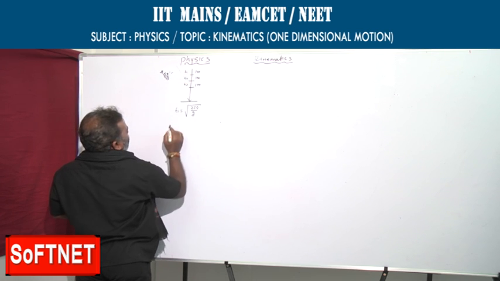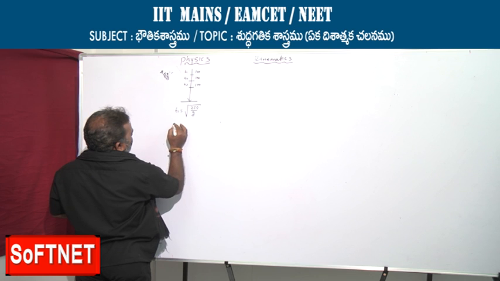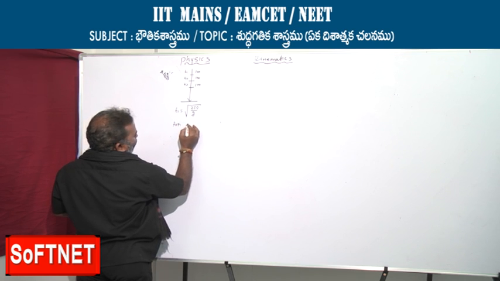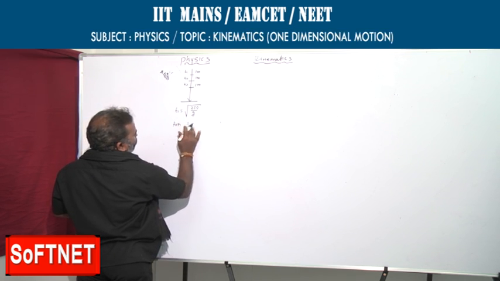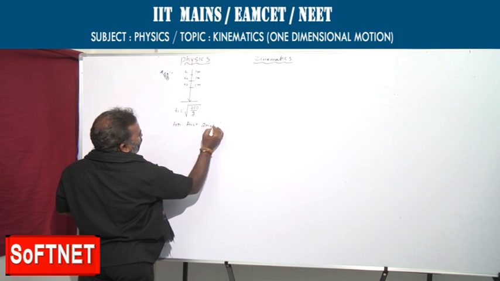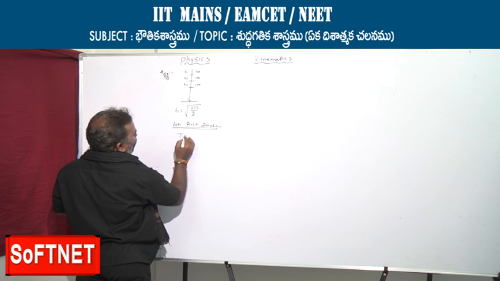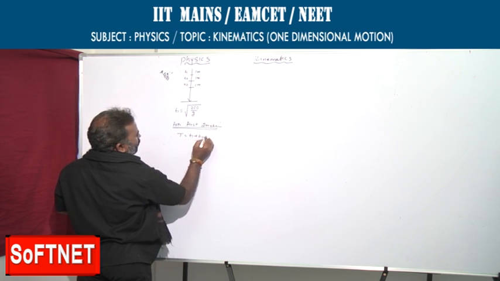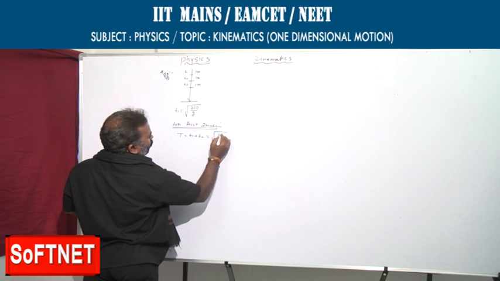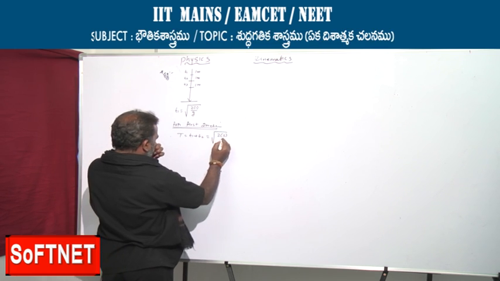For second 1 meter we should calculate for first 2 meters total time. If I take t1 plus t2, it is equal to root of 2 into 2, total height is 2,